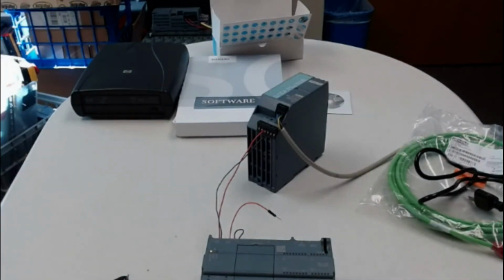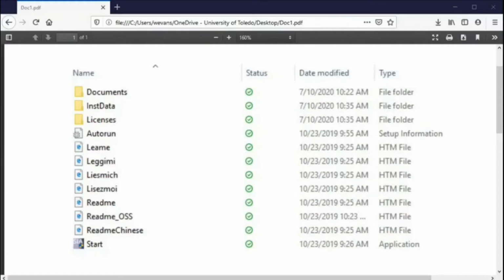We won't do a download in this program, but basically, you can be ready to do a download. Again, we're now in the computer, and we have loaded the software off of the one disk that was the one for the basic and professional, and we've loaded all those files and all those folders from that disk onto a folder, and all you have to do at that point in time is click Start and then answer the questions. So it will guide you through the process, and at the end of that process